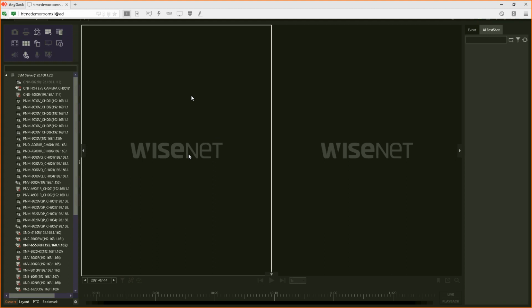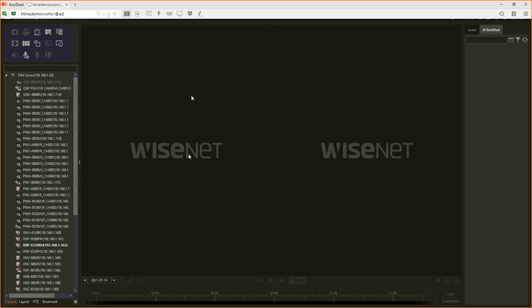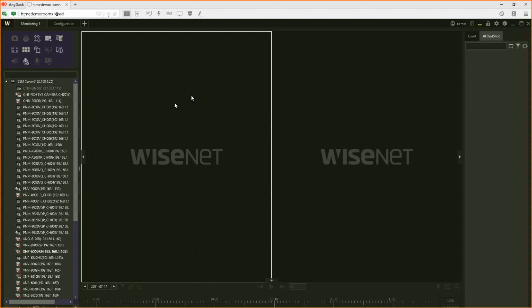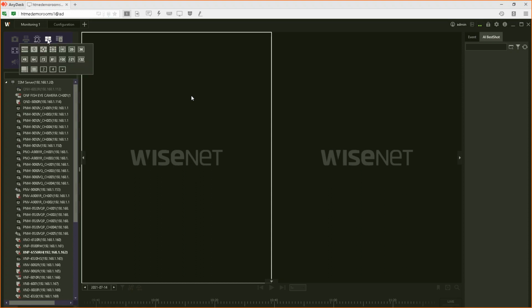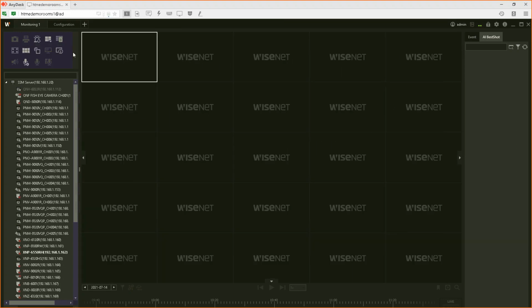Now, the reason why I covered this point is, let's say you are designing monitors for the control room. For some reason, you have 26 cameras, and whatever VMS you're buying only has a 5 by 5 layout. What will you do? Will you put another monitor just for one camera?